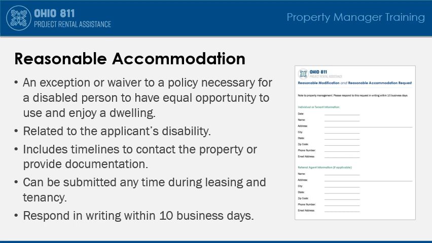for a person with a disability to have an equal opportunity to use and enjoy a dwelling, including public and common use spaces. If a referral agent is aware of anything related to the applicant's disability that might prevent them from being housed, they may ask for an exception or waiver to a policy by presenting the information in the form of a reasonable accommodation request.